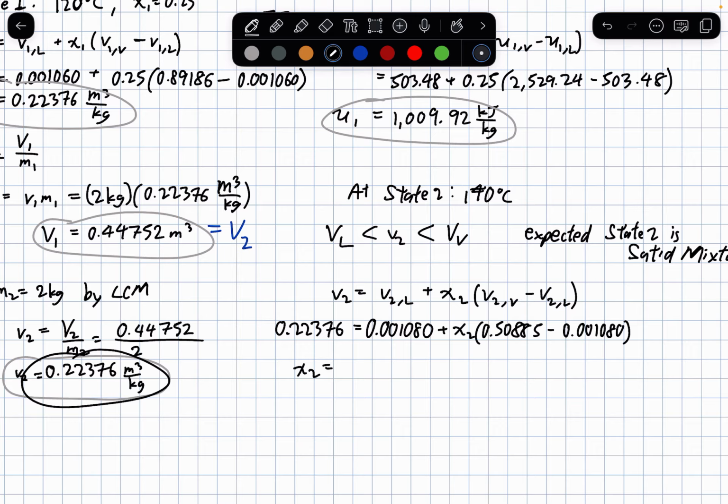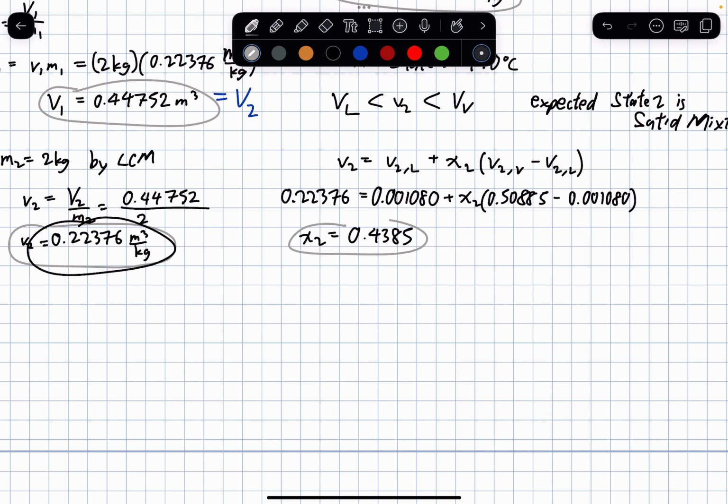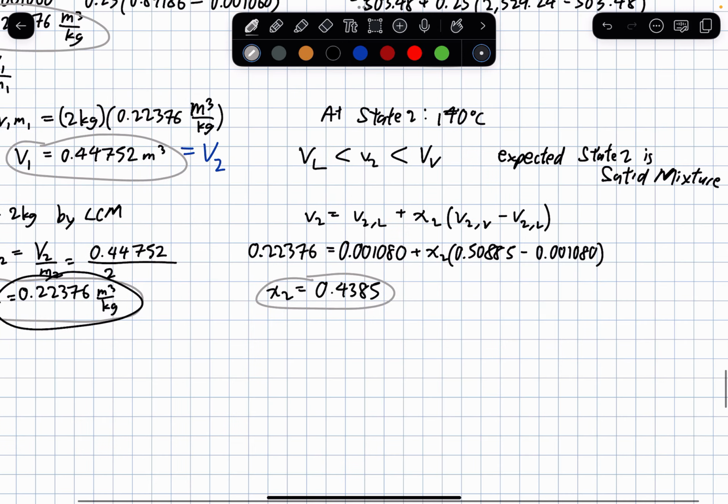Shift solve. 0.4385. So now that we have the quality information for state 2, we can use that to calculate for the